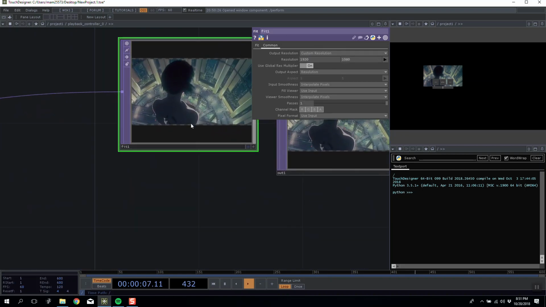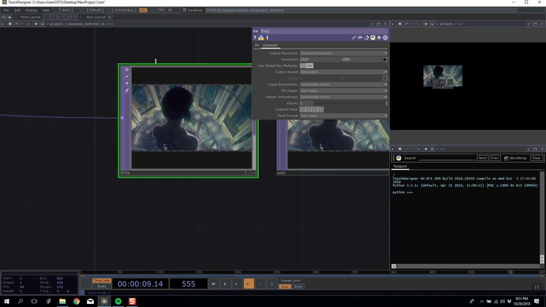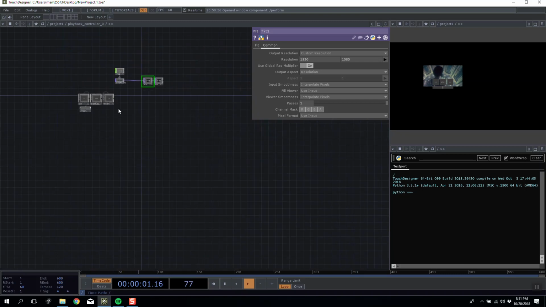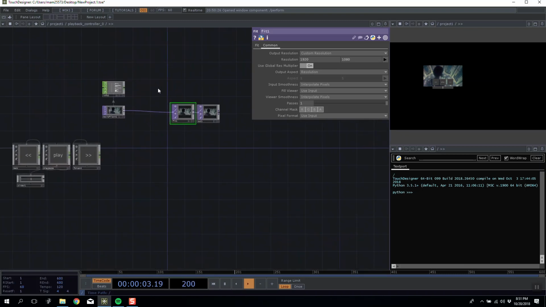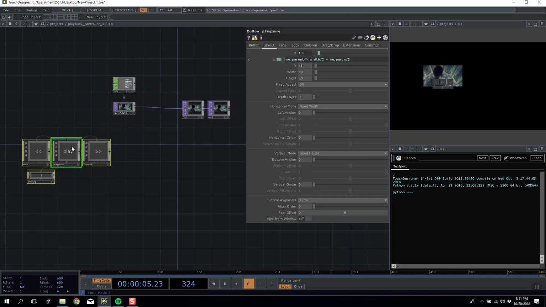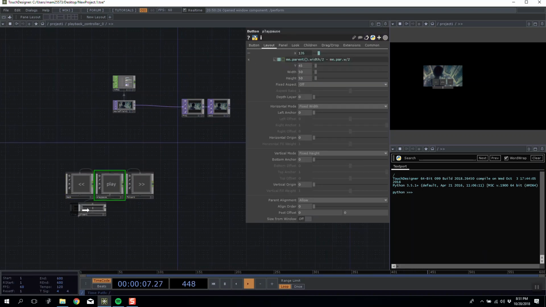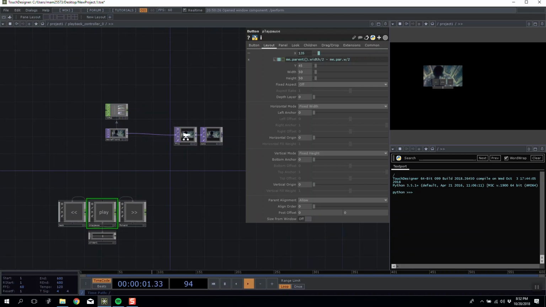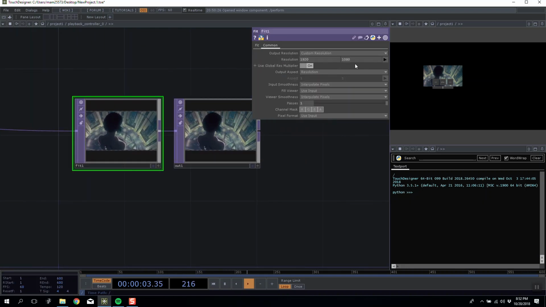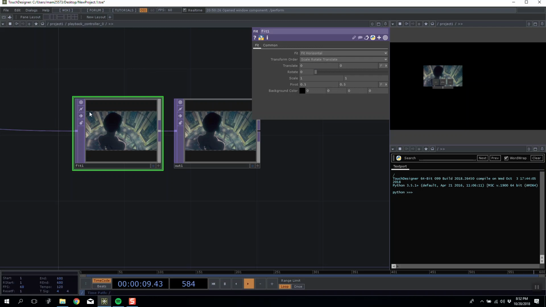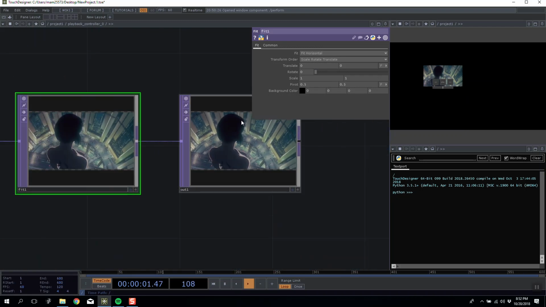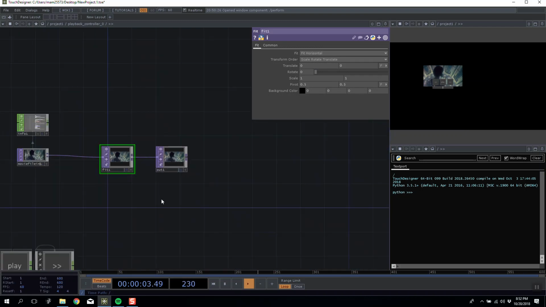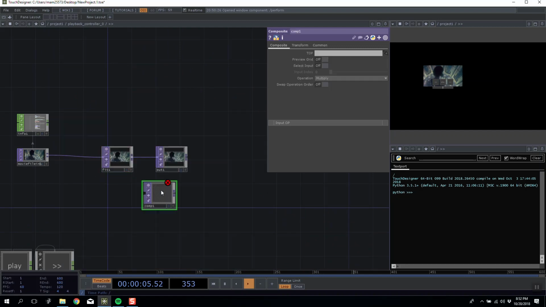The reason I'm going to do that is because it means it's going to scale any images, because I'm going to basically make 100 copies of this patch that we're making here using the replicator to control all of the footage, and we want to fit it all to our output screen, which in this case is 1920 by 1080. So if I do fit to horizontal, it means that it will automatically band it for us. And then if we comp in a black background,